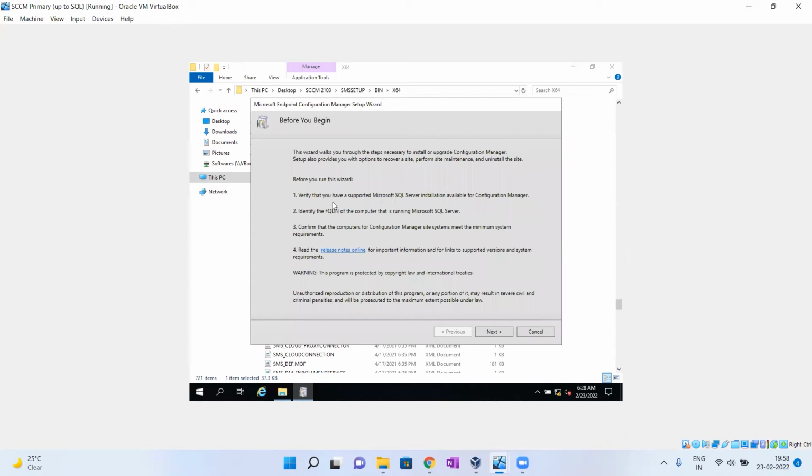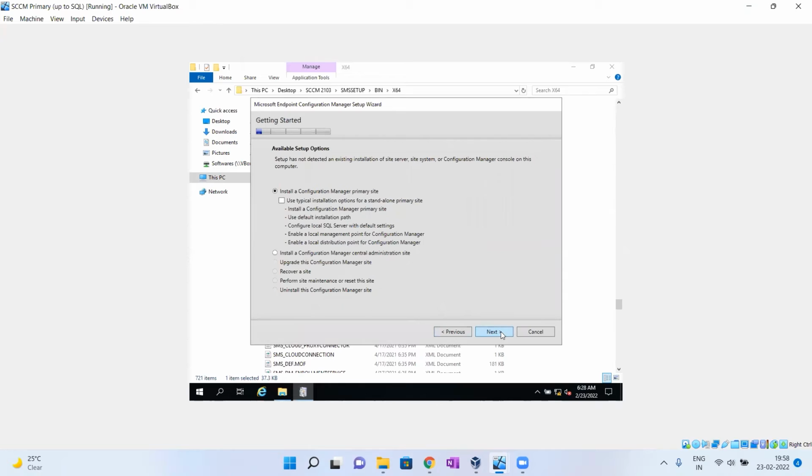Now the setup started. Click on next. Here I'm installing only a standalone primary. If you are going to install any other primary in the future, you need to install only this one, the primary side.